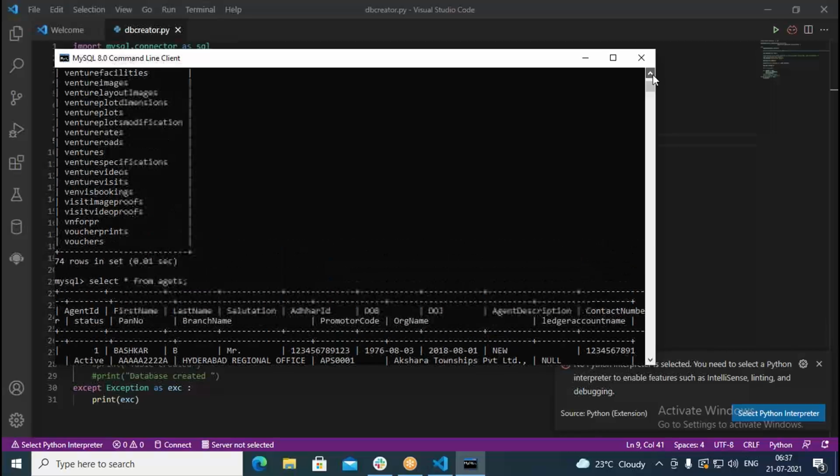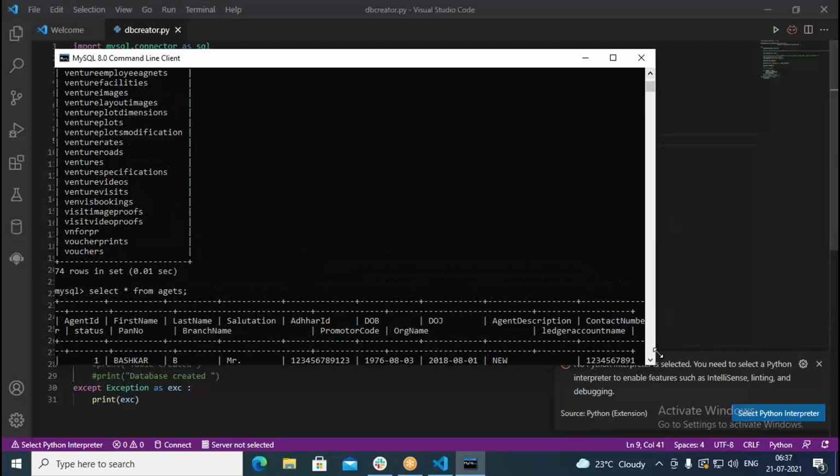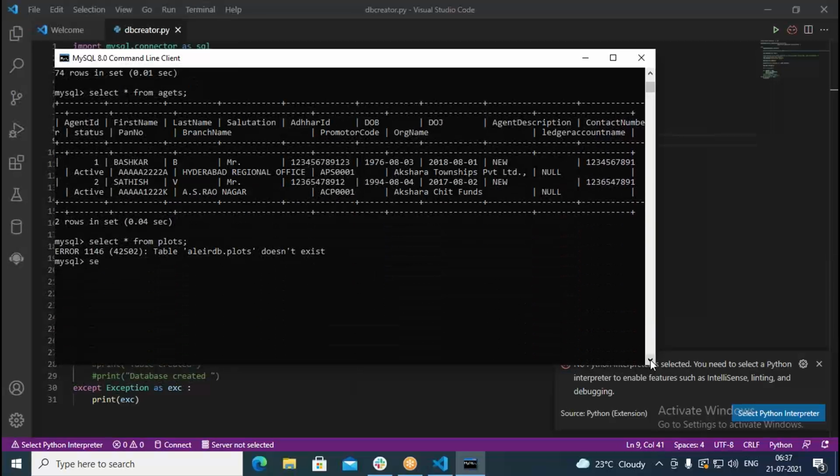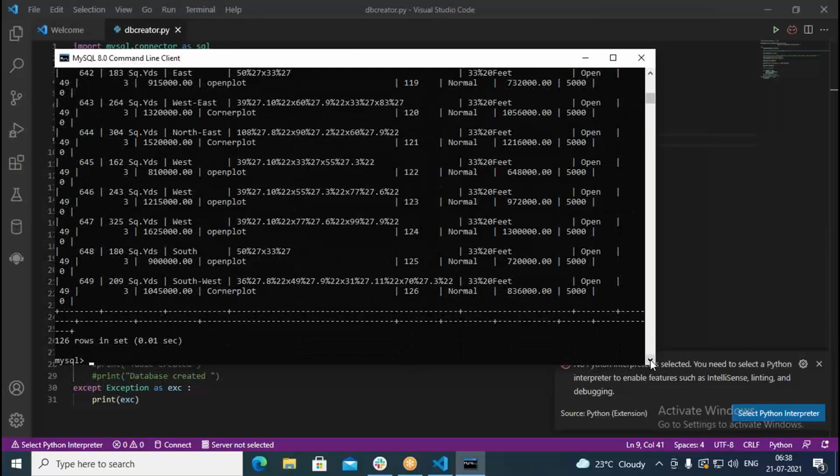The table is also not available. Probably this is venture plots. I will command like this. So here it is available in this manner.